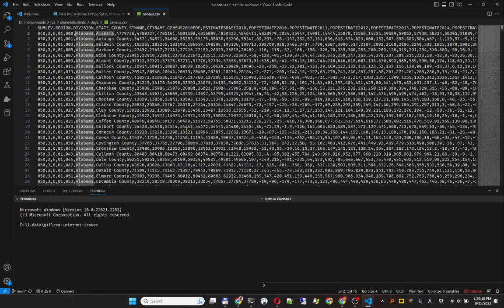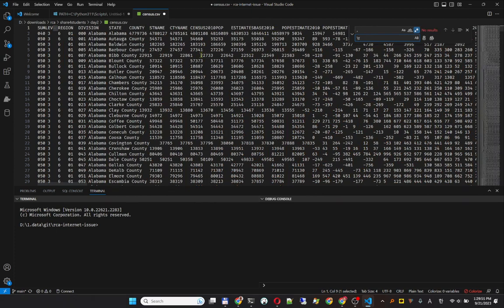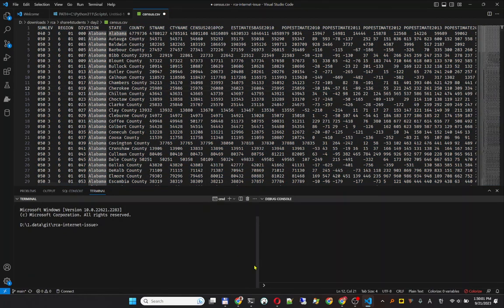Today I will show a slightly different approach. I will change every comma here to a tab. Control Alt Enter to apply everything, and I press Control A, Control C, and I will open a new